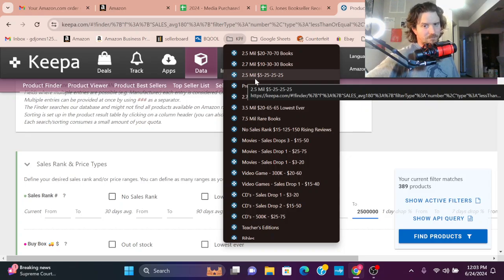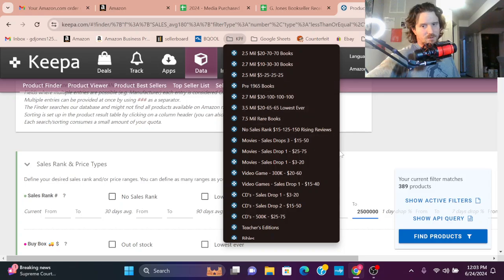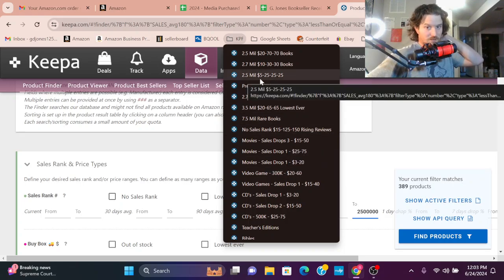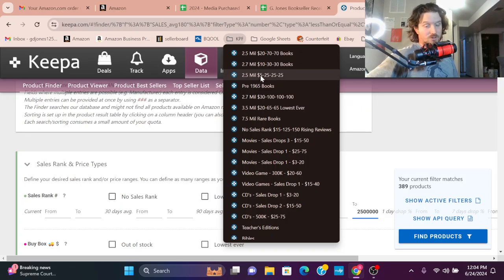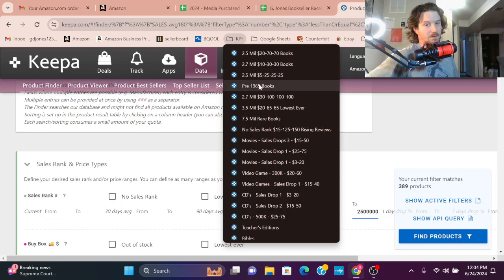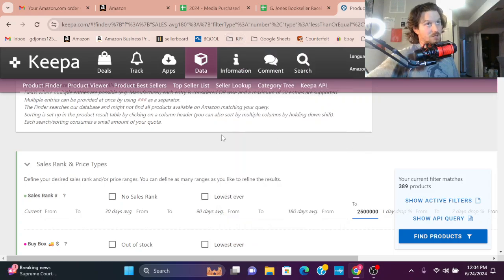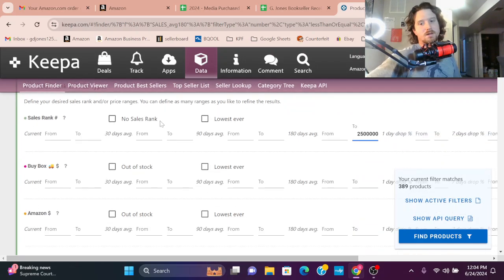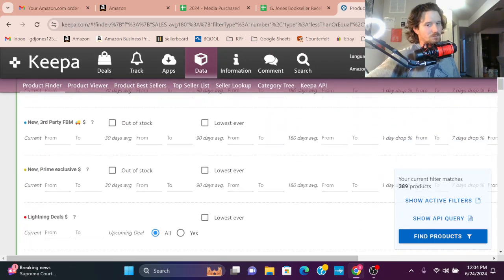But right here, the first 2.5 mil is what shows me what rank I'm doing, and then the 5, 25, 25, 25 means I want the book or media that I'm purchasing to be under $5, and then for the 180 days to be over 25. These are all presets that I had gotten from Joji Davenport's course,